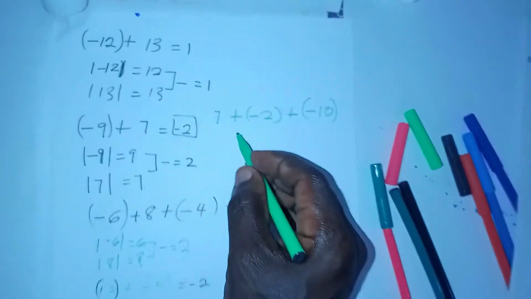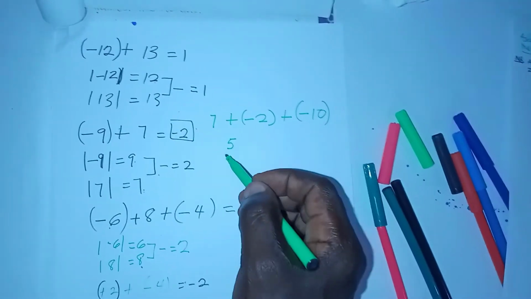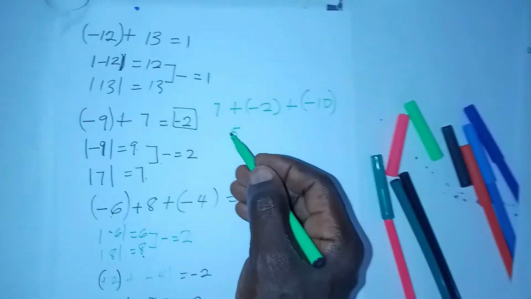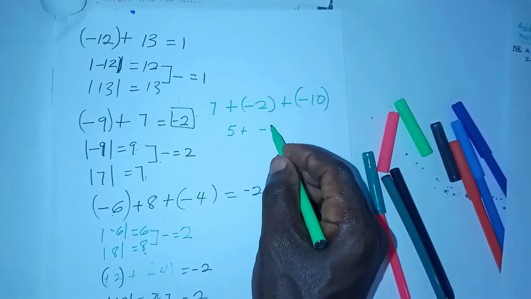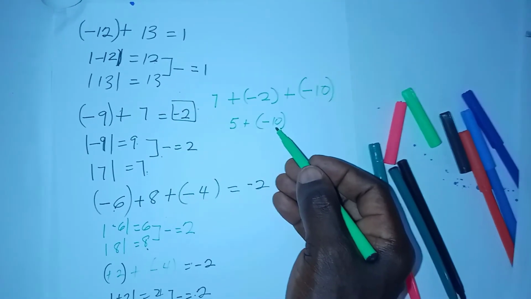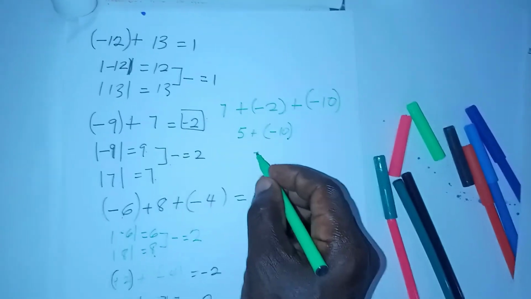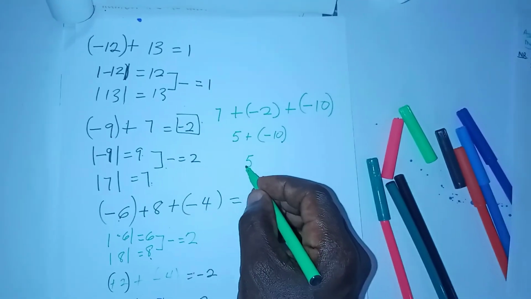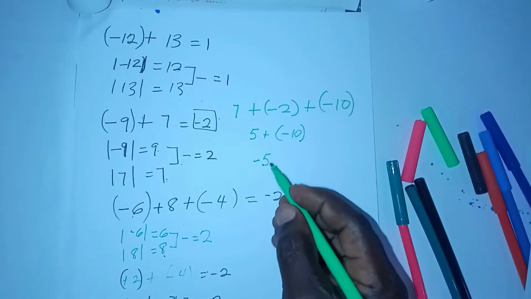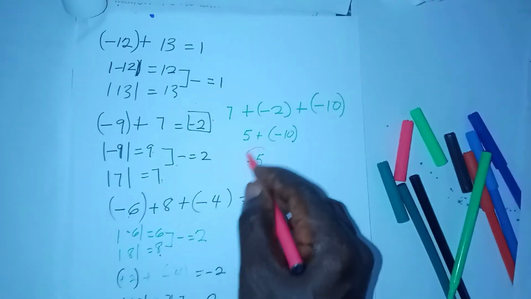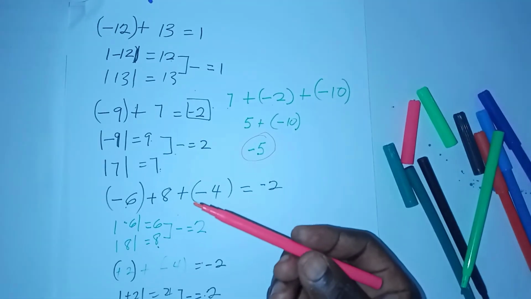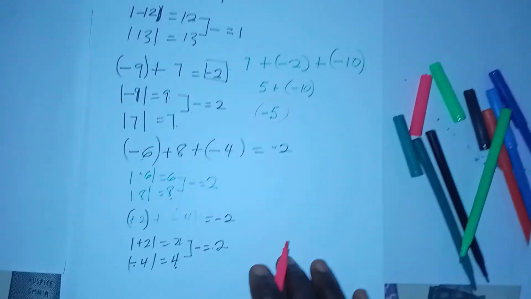Subtracting 2 from 7 will be 5. The biggest absolute value is 7. The sign that 7 originally has is positive. So I go ahead and add my negative 10 to it. The absolute value will be 5, and the absolute value will be 10. We subtract 5 from 10, and that will give us 5. The biggest absolute value among 5 and 10 is 10. The sign that 10 has from the question is minus. So minus 5 is the answer if I add 7 plus minus 2 plus minus 10. I believe by now we can do that.